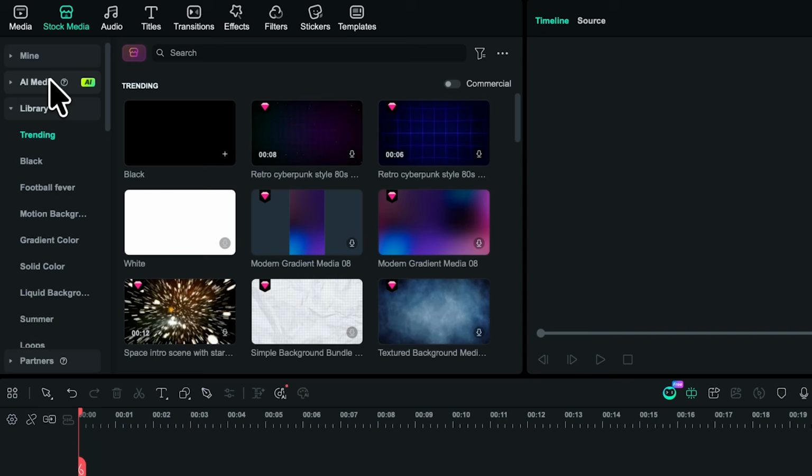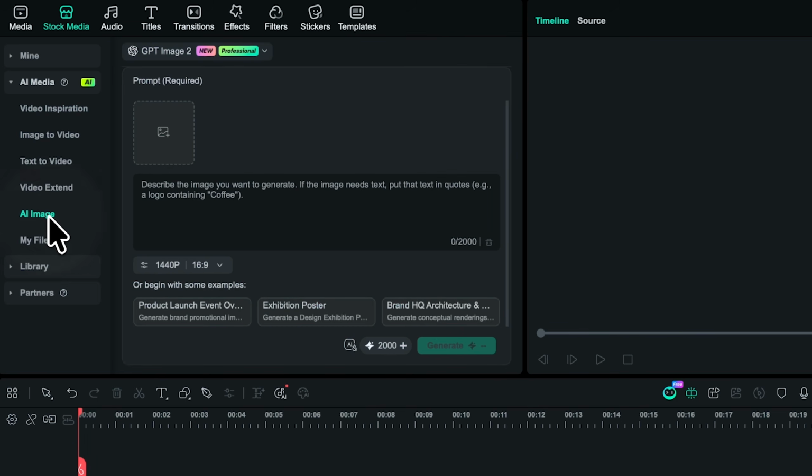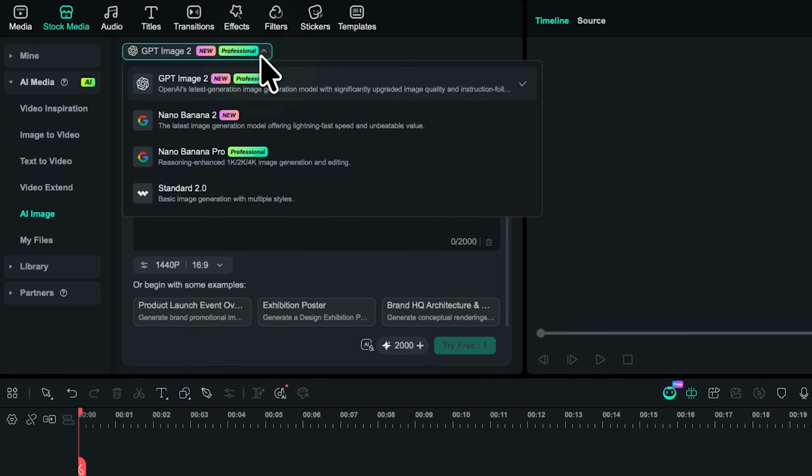To generate your visuals, go to Stock Media, then open AI Media. Here you'll find several AI tools, including AI images, image to video, and text to video. If you want to generate AI images, simply upload a reference image. You can use any image you already have, or download one from Google or another source. Then, write a detailed prompt describing the scene you want to create. Before generating, you can customize the resolution, aspect ratio, and even switch between different AI models, depending on the style